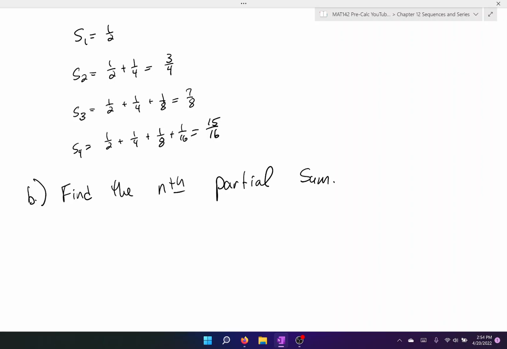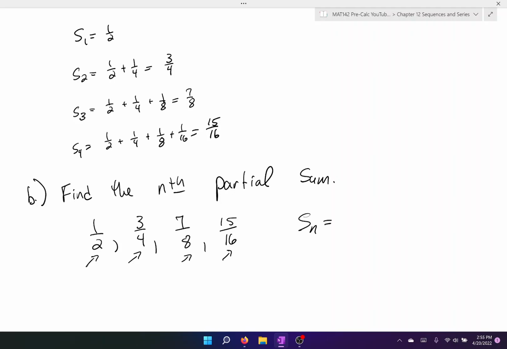So here's our sequence of the partial sums. It's 1/2, 3/4, 7/8, 15 over 16. Okay? Now, notice that in the value of each partial sum, our denominator, 2, 4, 8, and 16,